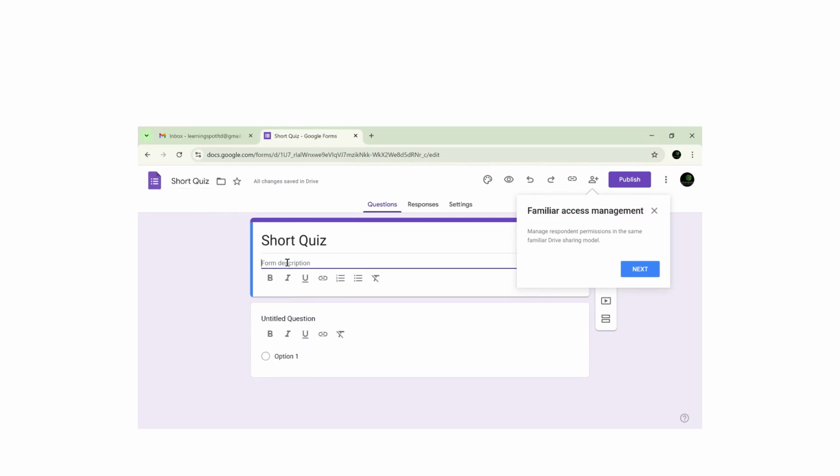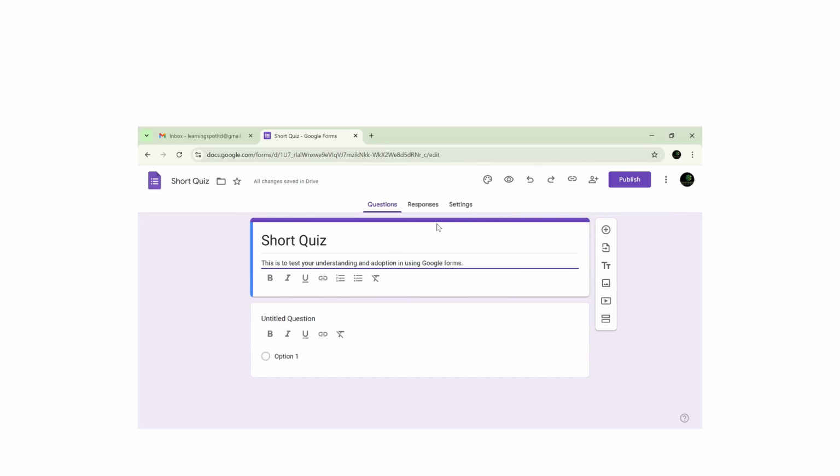We can also say this is to test your understanding and adaptation using Google Forms. For instance, now this comes with